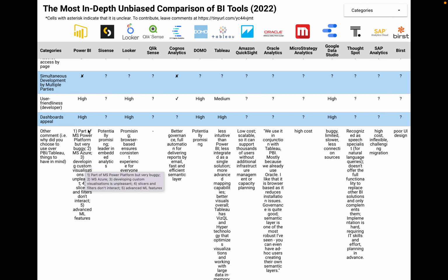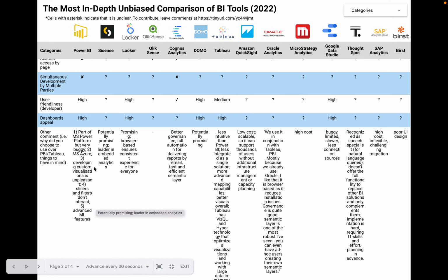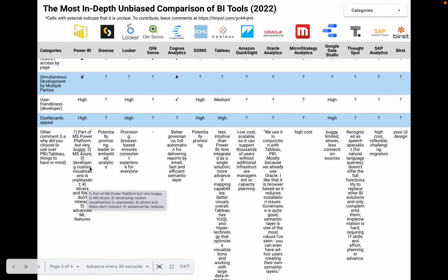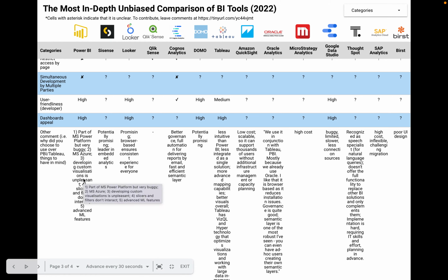Power BI has a number of things going for it. They're part of the Microsoft Power Platform, which I encourage you to check out, and which I think is a pretty interesting thing to have, although the connection with the Power Platform is still buggy and there are problems around it, but it's still there. They're part of Microsoft Azure, which again is not only a benefit to Microsoft, but any company that has large cloud offerings, such as Google or Amazon, will have certain advantages, such as a lot of people opting into their solutions as part of the cloud offerings. But at the same time,